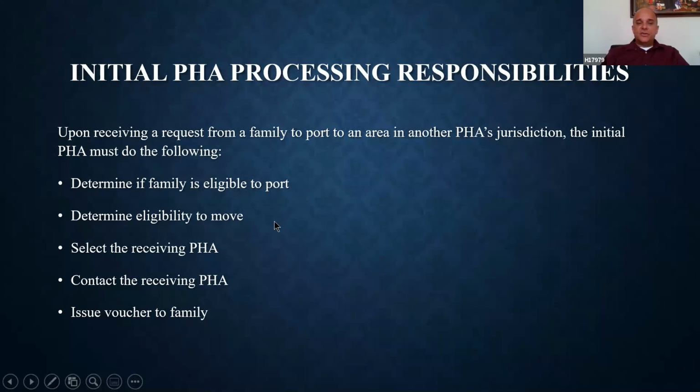Selecting the receiving PHA. This is something that is really going to be more of a collaborative effort between the tenant and the initial PHA. The tenant has the right to choose which PHA. If the tenant is moving to a certain area, I give you an example here in the Dallas area where I work. Dallas and Fort Worth are kind of together. We have probably about 7 or 8 PHAs that provide overlapping assistance. So anybody who's porting to the Dallas Fort Worth area could potentially lease up with any number of agencies in the area. The initial PHA needs to be able to assist the family in leasing a unit.